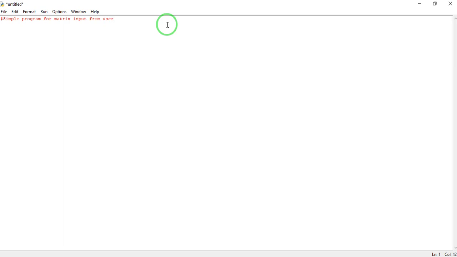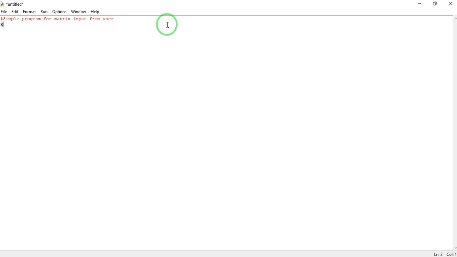So we will ask the user how many rows of the matrix there are, how many columns. Then you insert the entries of that matrix, and then we will give the display of that matrix. Okay. So for that, let us take the user input first.